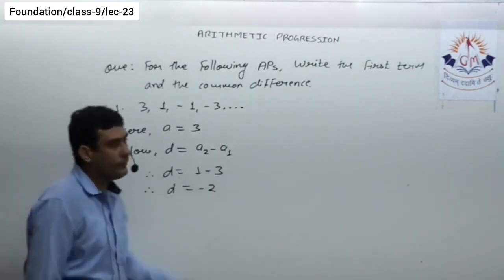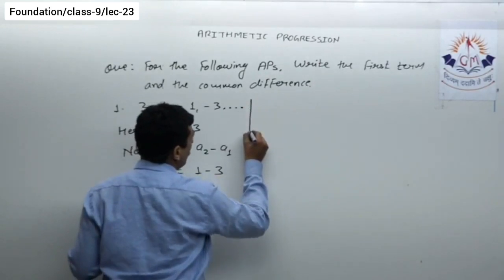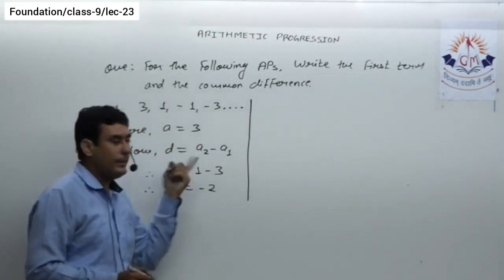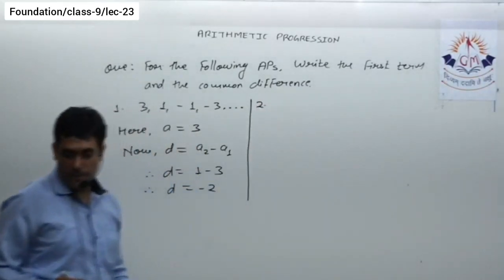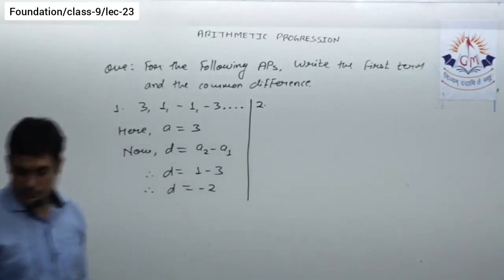So this is the way to find the first term. It is very easy to find. The only thing is that to find the common difference you have to keep this in your mind: second term minus the first term. Now the second one is